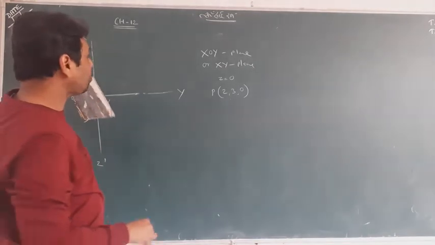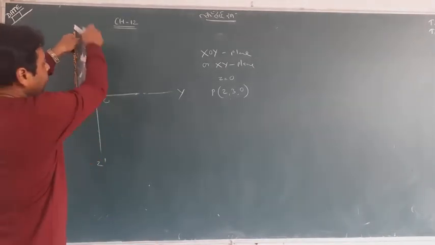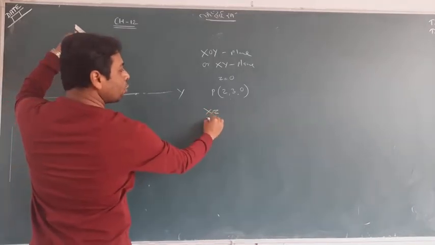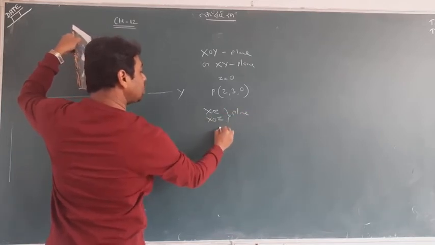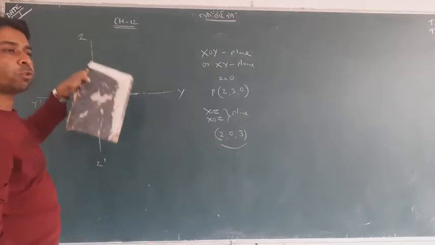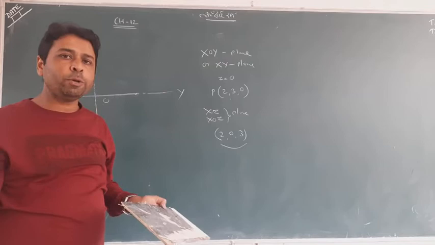So what do you think about that one? This is the x-axis, this is the z-axis. This plane is called the xz plane or xoz plane. And on the xz plane, y will be 0. So if I say this kind of coordinate 2, 0, 3, one can understand that it lies on the xz plane. So hope you have got it.